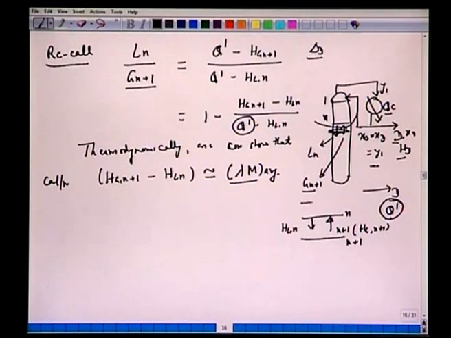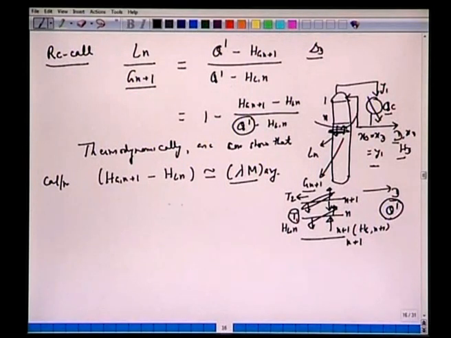Now every plate which we have in the stripping section or in the rectifying section, we have the streams leaving, vapor and liquid in equilibrium, and the difference between the total energy of these two streams is the same as Q dash. What we are saying here is that specific enthalpy HGn plus 1, see the temperature varies from T1 to say T2, or Tn plus 1 to Tn. All right, and this vapor and the liquid which are leaving, they are saturated with respect to this temperature. Similarly, this vapor and this liquid which are leaving the plate number n, they are saturated at the temperature T1. All right, so although the temperature does change, it doesn't change a lot.